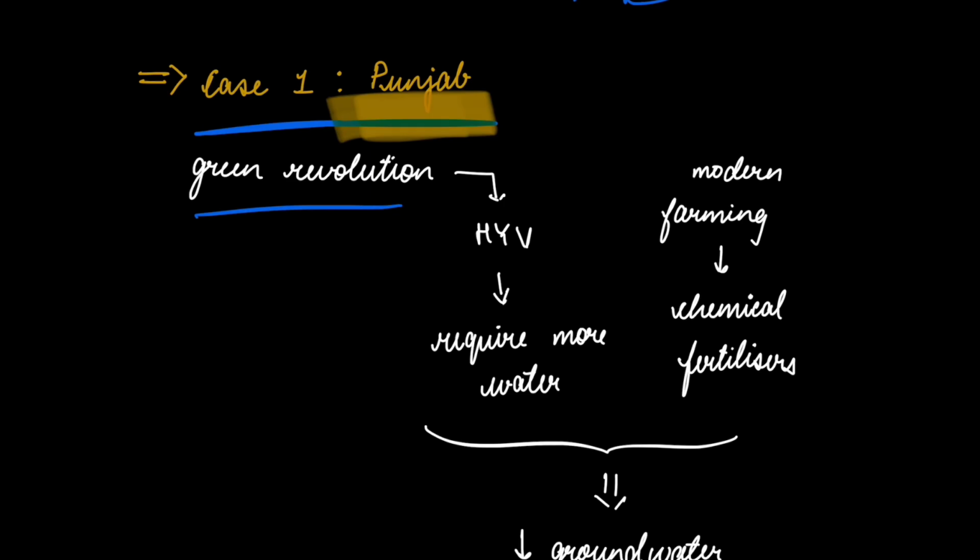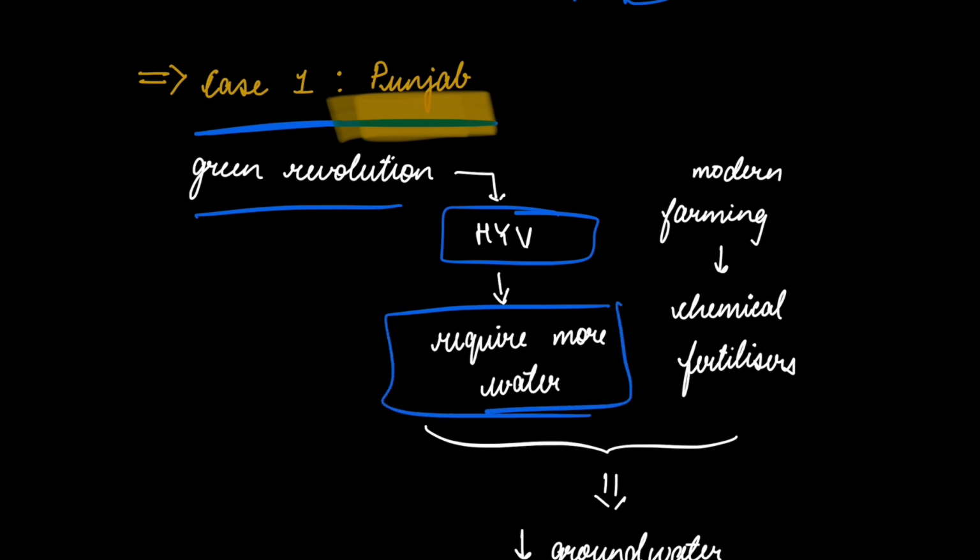The Green Revolution is where you have the use of high yielding variety crops which require more water. So why did we start using these high yielding varieties? Because the need for food is increasing and the production is less. By using these varieties, you get more produce, thereby more food, and the cost will also reduce. That was the main idea behind the Green Revolution, because the population is increasing and the food is reducing.